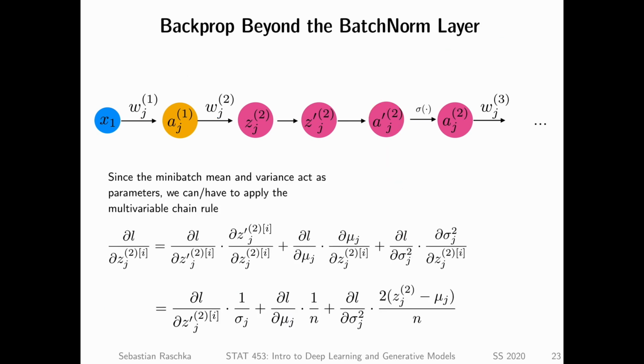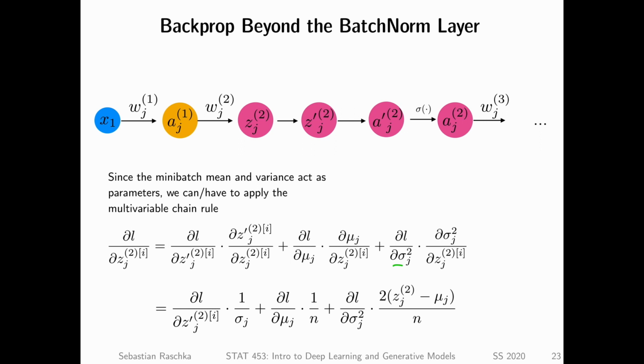There are a few more steps though, because we also have the standardization step where we have mu, the sample mean, and the sample variance, the sigma here. So we have two additional steps. And this is also where again the multivariable chain rule comes into play, because we have to add them up. You can think of these steps as separate branches. It's similar to when I've drawn you the multi-layer perceptron exercise. So let's see what I've written here.